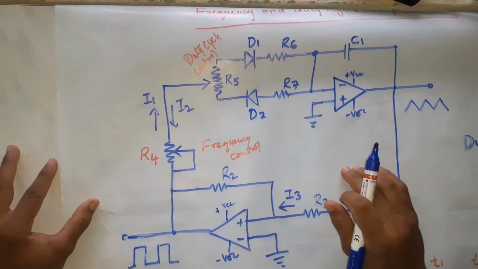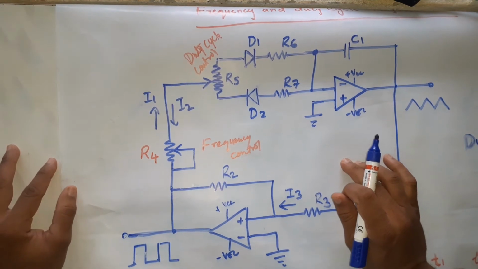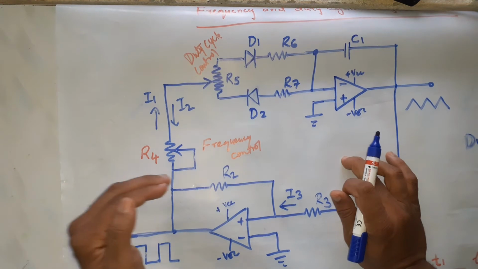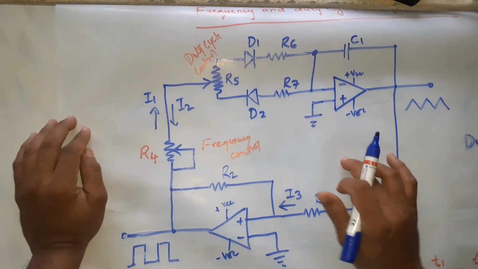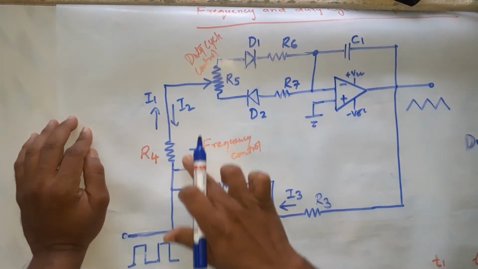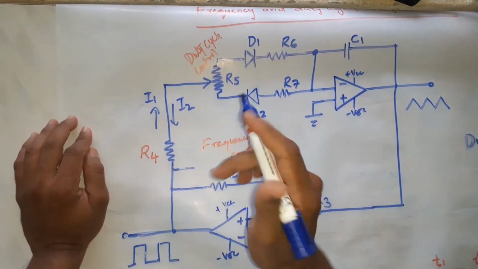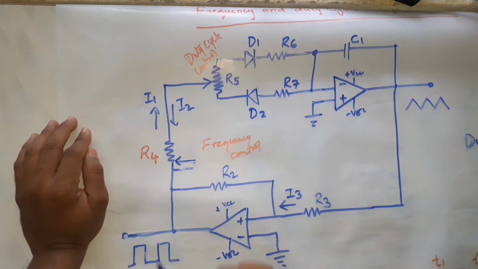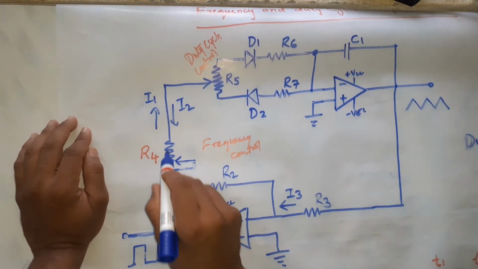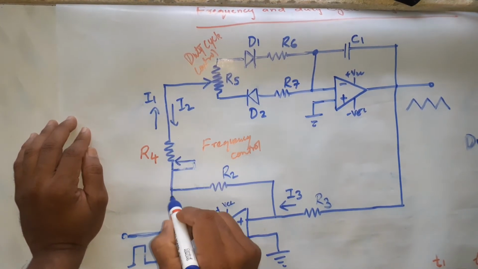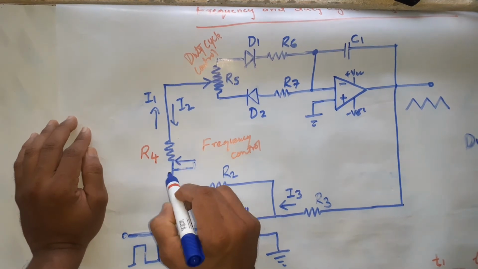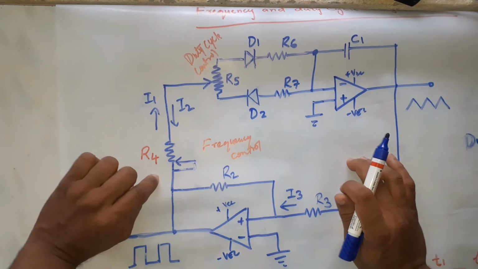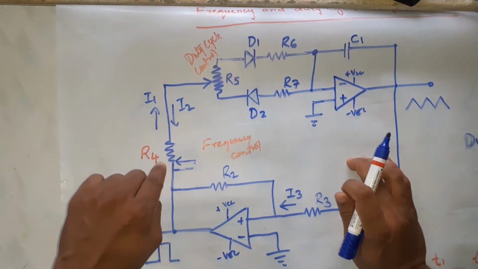Now see here how the resistance of R4 is going to control your current. Now I say that we increase the value of R4. To increase the value of R4, we connect this R4 here. If we connect R4 to this, it means the whole resistance is included in the circuit. The whole resistance of R4 gets added in series in your circuit. So R4 is more. R4 is full now.